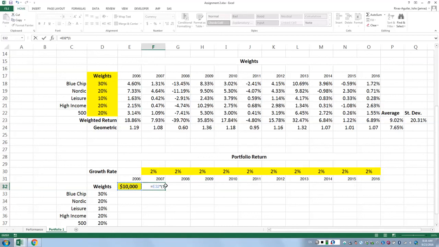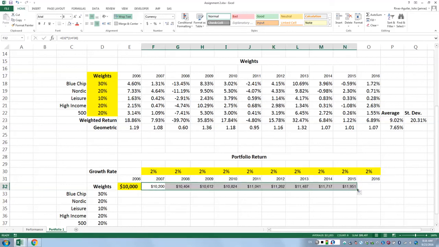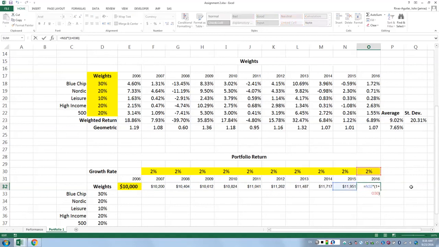I didn't like the format, so there you go, 10,000 and 200. If we click and drag, all of it is changing, right? So we're basically calculating an increase of 2% based on the previous one, right?